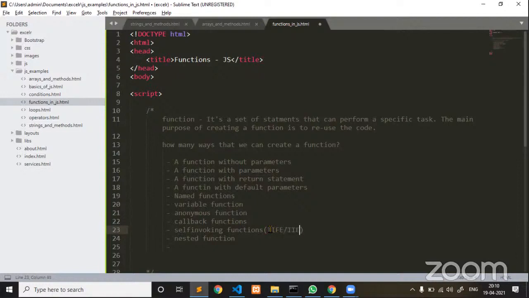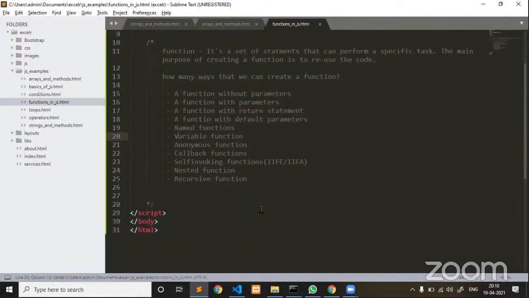Next, recursive functions. This is all about the different ways of creating functions in JavaScript. Now let me talk about each one of them.